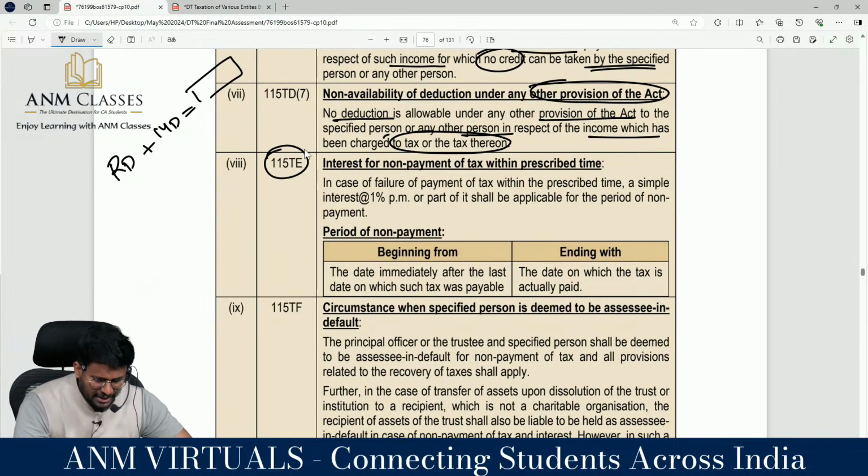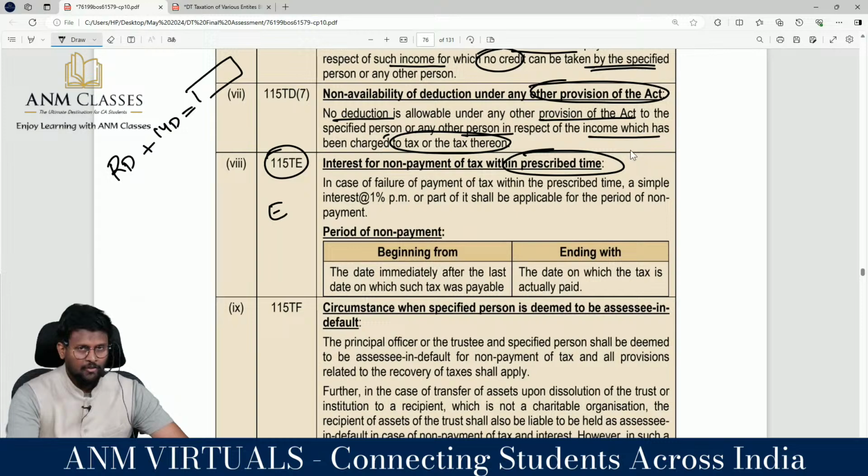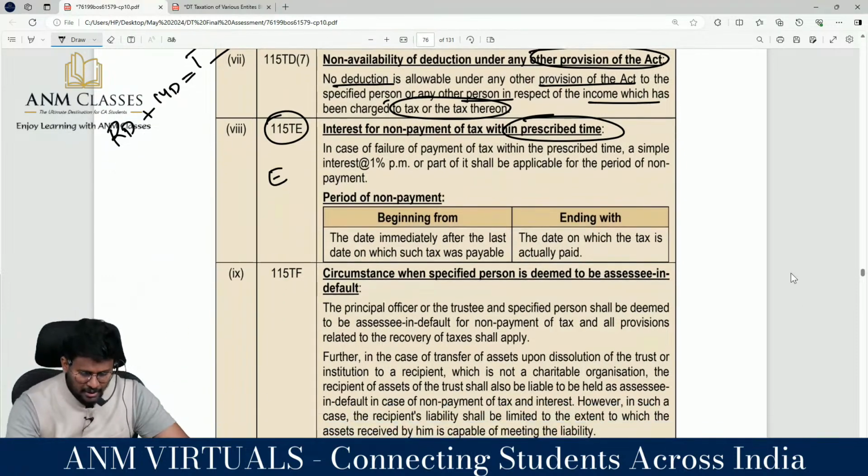Next one, 115TE. E stands for interest. Interest for non-payment of tax within the prescribed time. From the specified date, the relevant date, you are supposed to pay within 14 days. In case of failure to pay tax within the time,